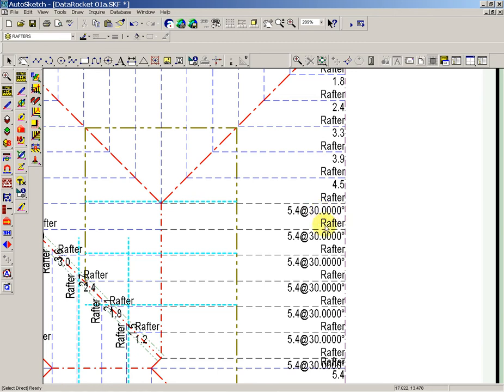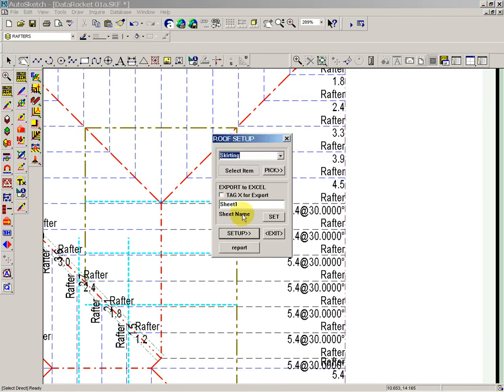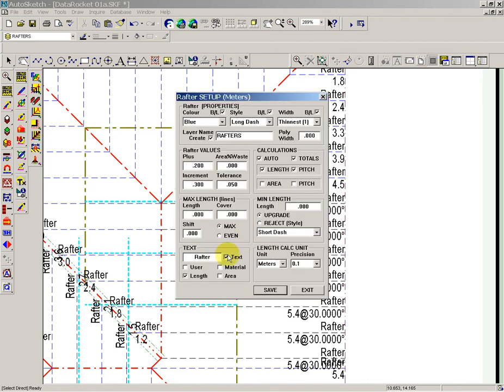Now we don't really want the word rafter there, so this is changed in the setup for rafter, and here we have the word rafter, so I'm going to take that out, delete. All we want is the length, nothing else. We don't want the size, just the length. If we wanted the size as well, we would tick the user. But generally everything is a different size. Save,